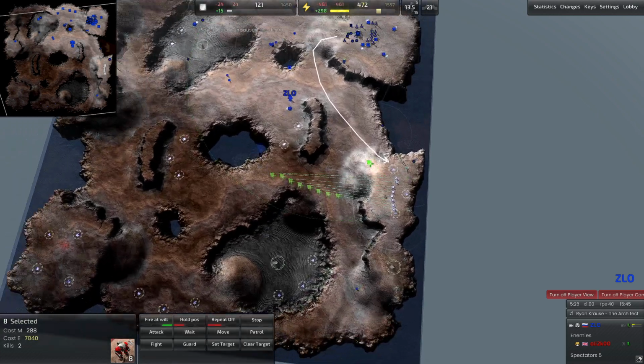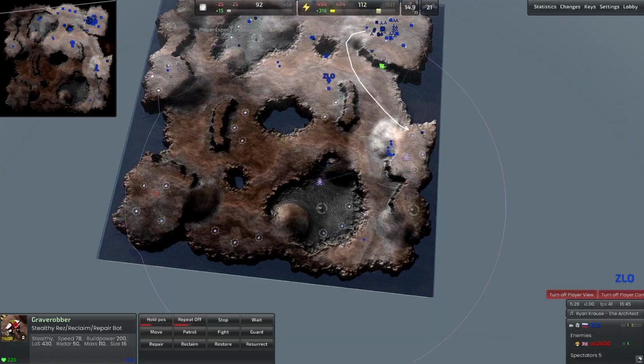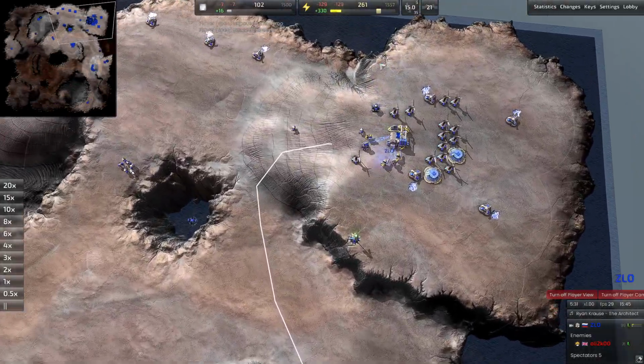So ZLO was not afraid to cancel his build order and run away his engineer. So I think I should pause the game here